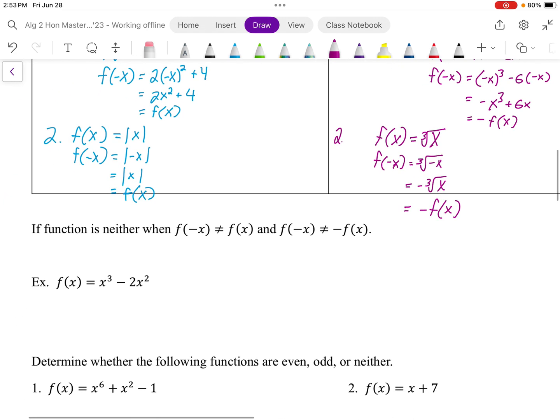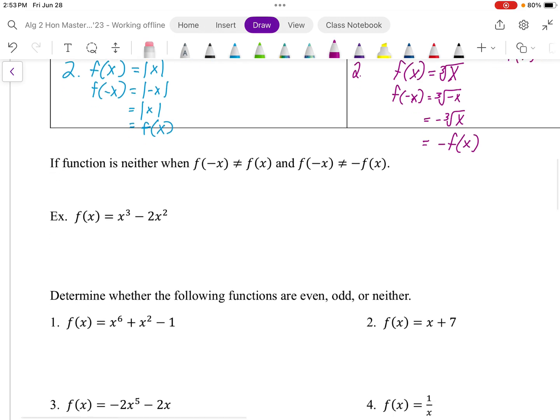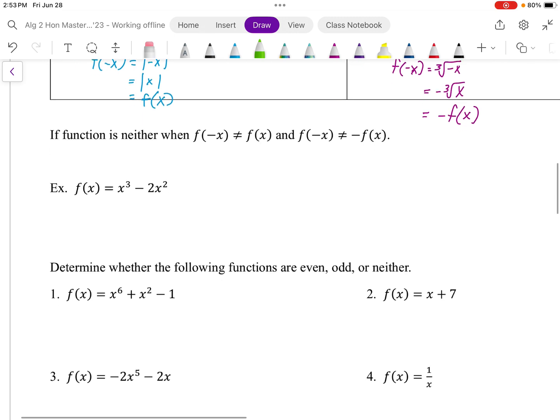So either way, we're evaluating f of negative x. If it's not equal to f of x or negative f of x, then it's not even and it's not odd. We say it's neither. An example of that would be below here. f of x equals x cubed minus 2x squared. If we do f of negative x, we're doing negative x cubed minus 2 times negative x squared. That leaves us with negative x cubed